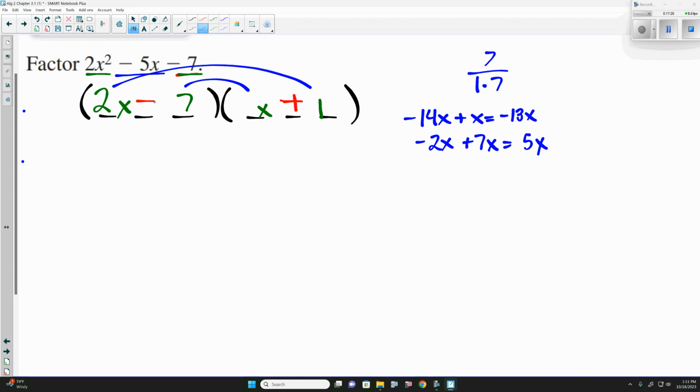They would have to switch, and the 1 and 7 would have to switch. We'd have to change all the numbers, or we can just flip the signs. Because if we check this here, 2x times 1 is now positive 2x. Negative 7 times x is now negative, which now gives us